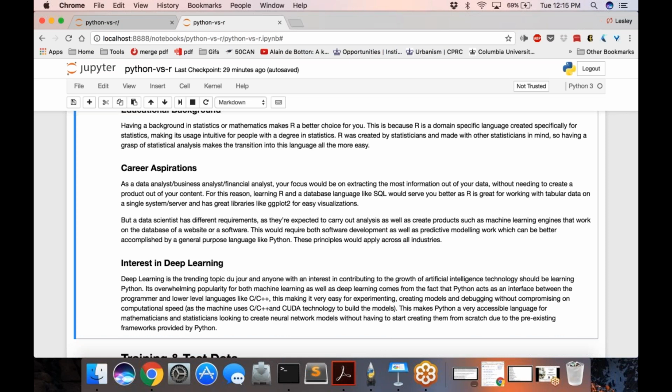So next we have career aspirations, right? Generally speaking, there are 3 roles under data science, and these roles are flexible in what they include, but generally we have data analysts, data engineers, and data scientists.